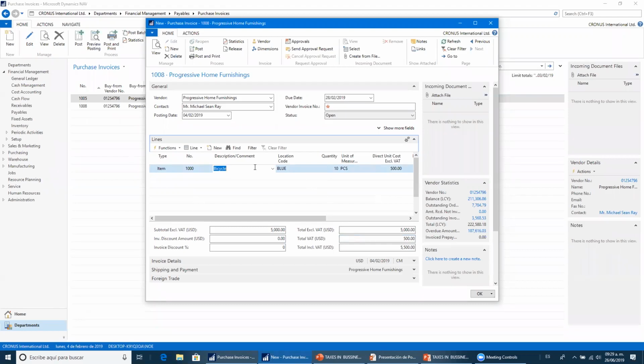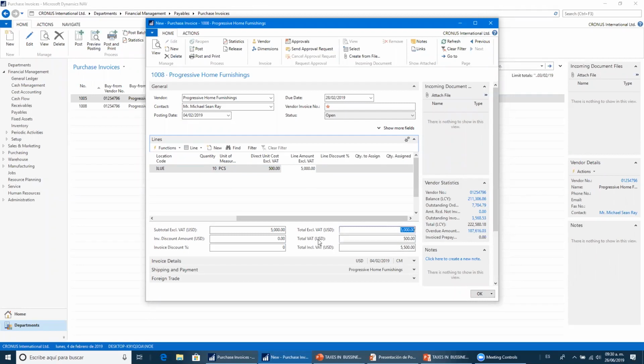Well, because I'm purchasing this item, I can see that I have a direct cost associated with my item, and I have a specific price showing the direct unit cost multiplied by the quantity, and I have a total amount upon which I'm going to have